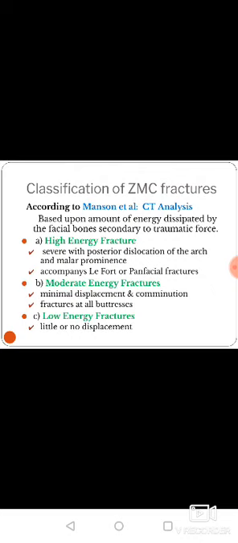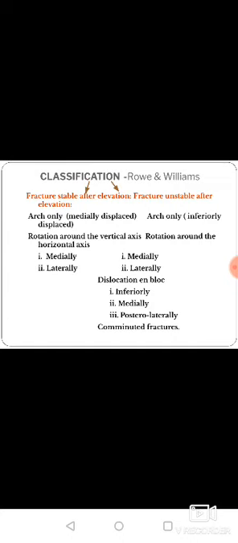You just have to go back and refer to those books and try to get back into the classification. Commonly used classifications are Owen Williams and Knight and North classifications. Again, this is fracture stability: stable and unstable after elevation. You have arch fractures, rotation around the vertical axis, and rotation around the horizontal axis, which I'll be discussing shortly. Based upon the rotation of the vertical axis, we call it medial rotation or lateral rotation, or inward rotation or outward rotation. And finally, you have your comminuted fractures, where the whole of the zygomatic bone gets crushed